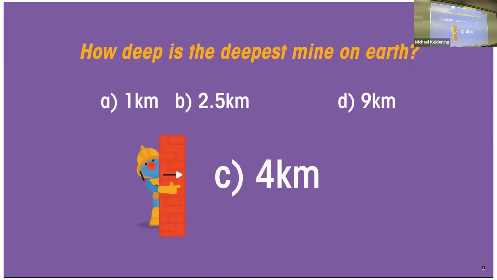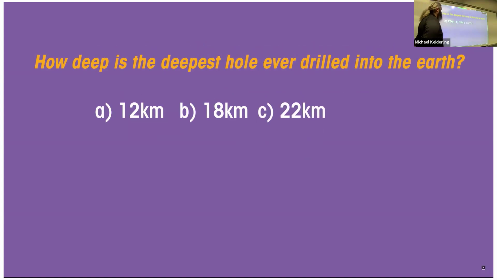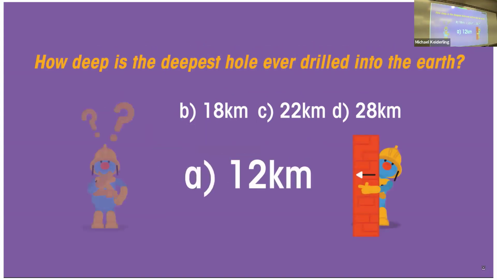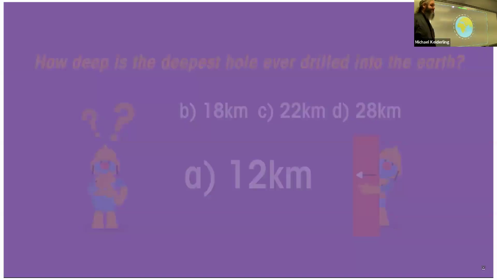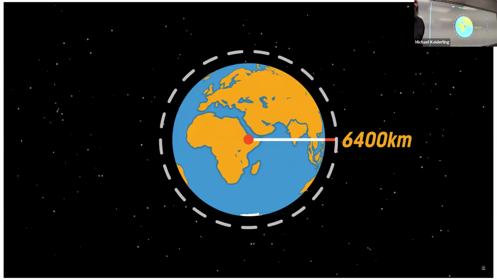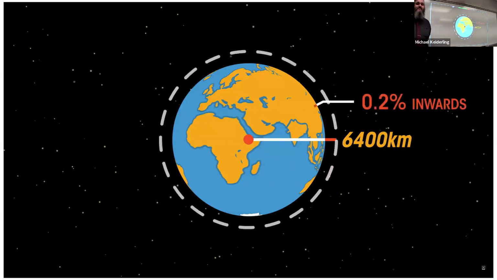kilometers. How deep is the deepest hole ever drilled into the Earth? Is it A, 12 kilometers, B, 18 kilometers, C, 22 kilometers, or D, 28 kilometers? It's 12 kilometers. Were you close? The distance to the center of the Earth is about 6,400 kilometers, so the deepest hole is only about 0.2%